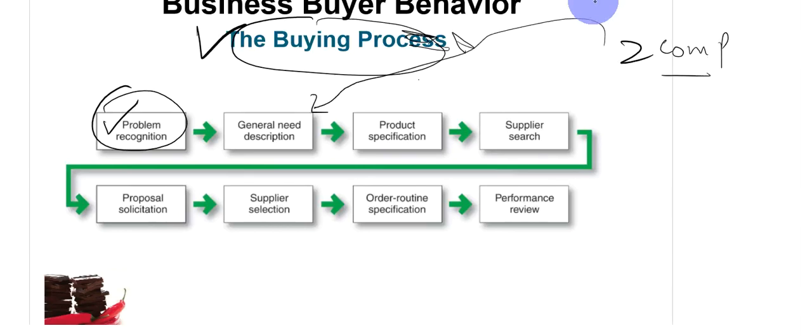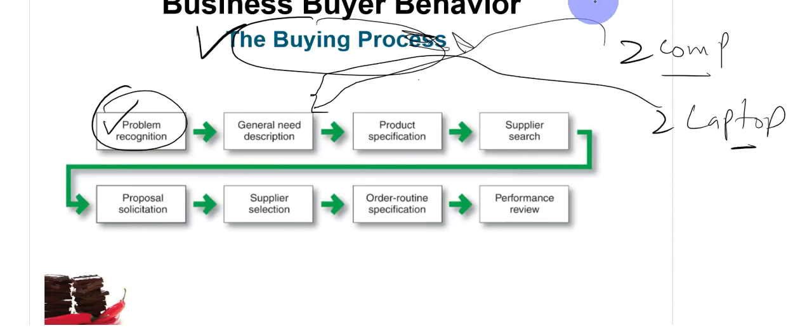So what is the general need description? First of all, we will see that we need two laptops for our marketing team. So this is basically the need description. Then we will specify the product specification, which means we will see which specifications we require in our laptops, and we will try to get